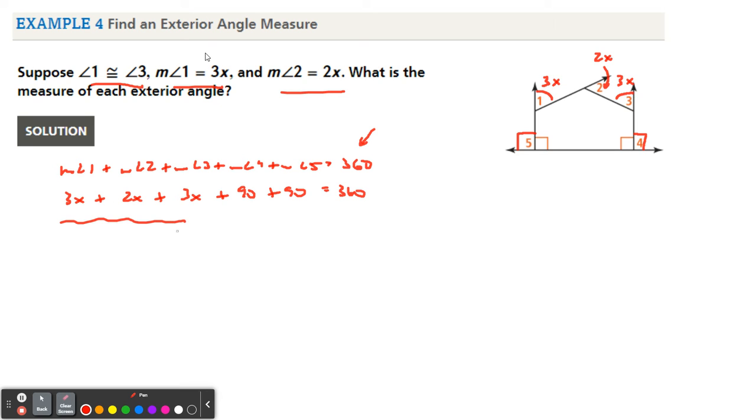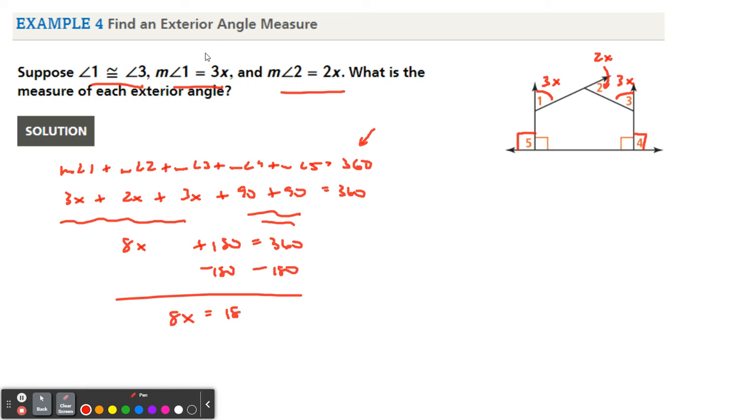Combine your x's. 3x, 2x, and 3x is... no, 8x. I'm sorry. Long day. My apologies. 8x. 90 and 90 is 180. That's 360. We'll subtract 180 from both sides. 8x equals 180 and divide by 8. And x is